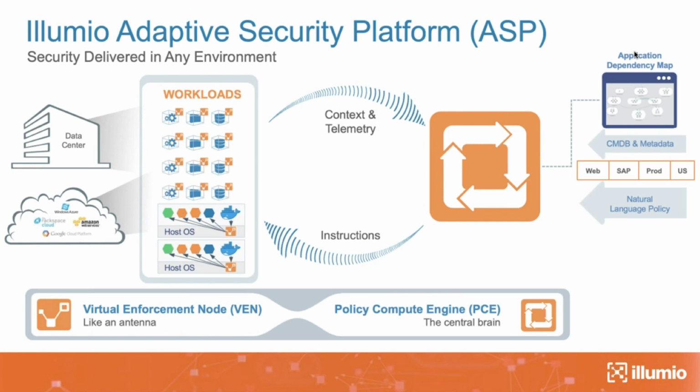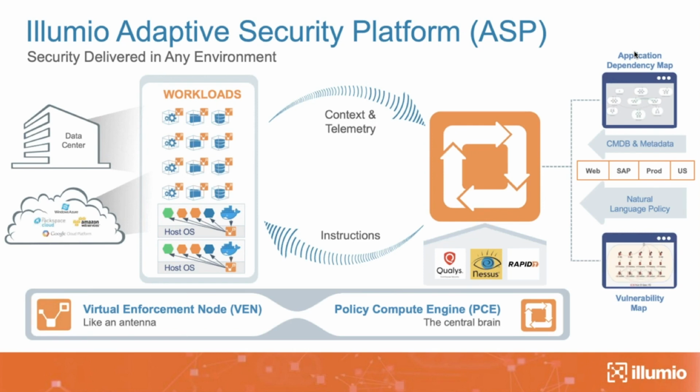Something also very interesting we have done is we now have the ability to ingest vulnerability data from the vulnerability partners we have done the integration work with, the three top players: Qualys, Nessus, and Rapid7. We can ingest this data and overlay it on an application dependency map, which allows you to visualize your risk and quantify it, and then use microsegmentation as a compensating control when you can't patch. And we'll touch on that a little bit as well.